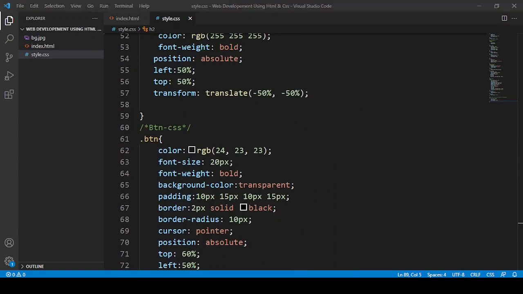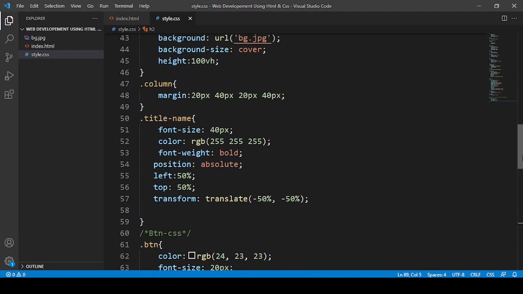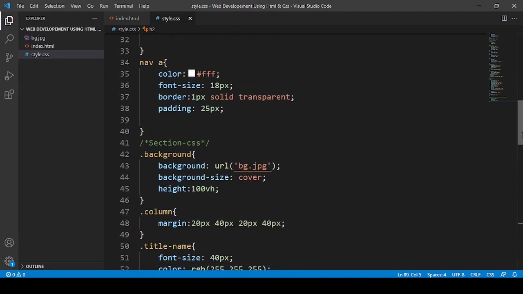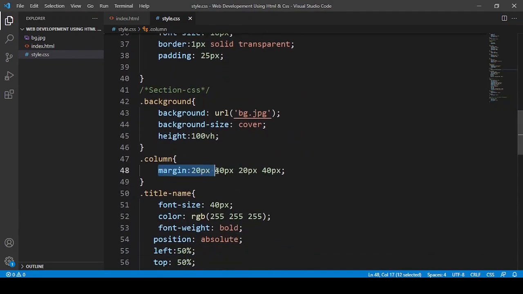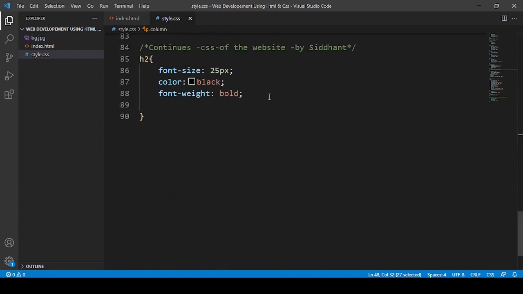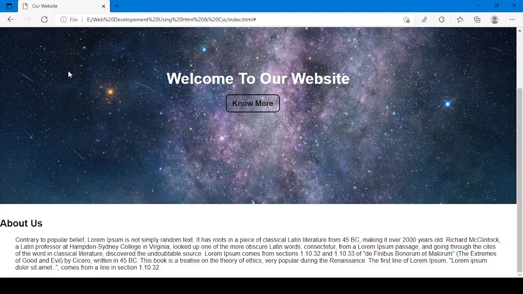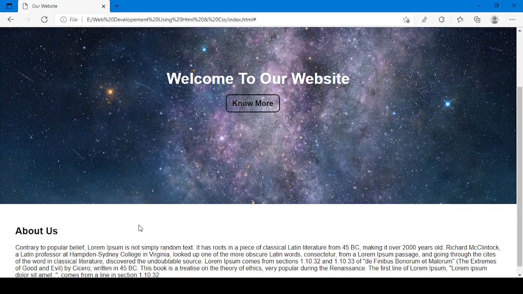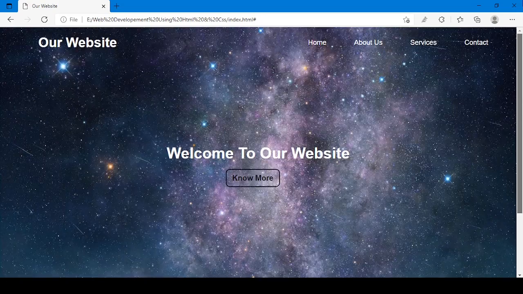Here you can see padding also you can give, but for the moment I'm going to give margin here. I had already used margin here, but I don't know. Yeah, this margin I'm going to just copy from here and paste it here. When I paste it and reload this, see, now it is in perfect position. And this is not working now.